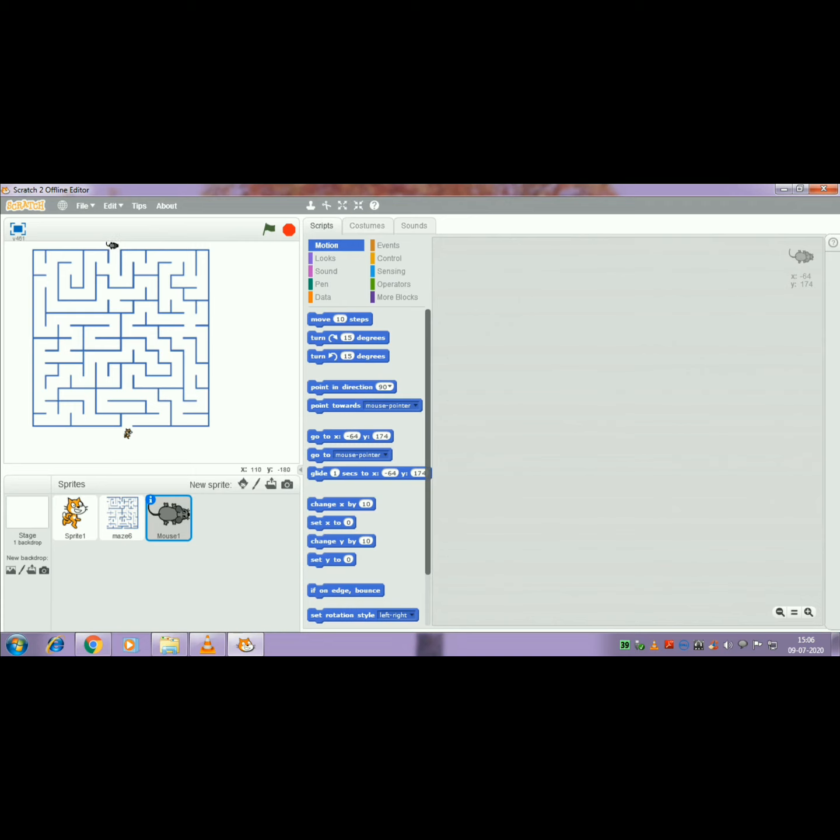Where I placed it in the end point. After keeping the mouse in the end point, go to the info panel. Okay. Change the sprite name. Which I already gave, by default it is showing mouse. Change it to goal now. Okay. After changing it into goal.